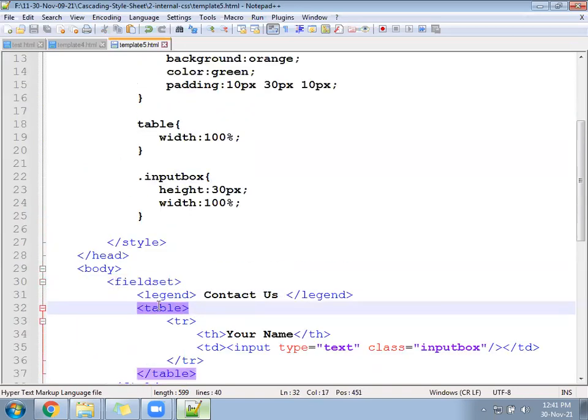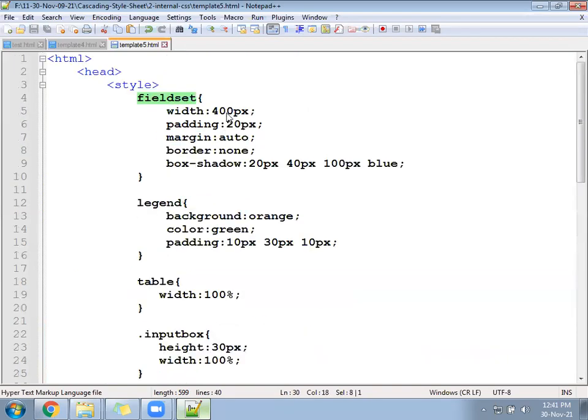So if we say table, you take 100%, it means the table cannot go somewhere else and take the full width. The table will look for its parent. What is the total area? For the parent, total area is 400 plus 40. So 40 is the space. The table will not get spread in that 40 pixel. 40 pixel is the gap inside the field set.